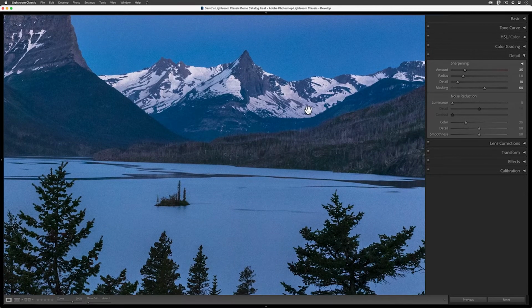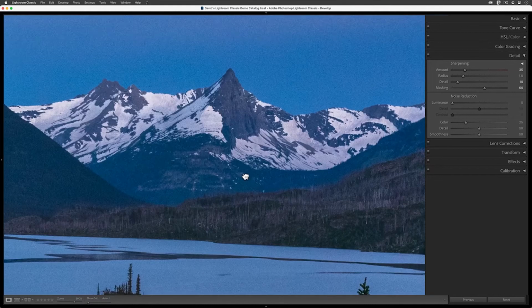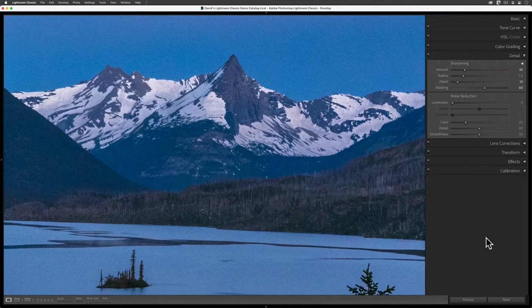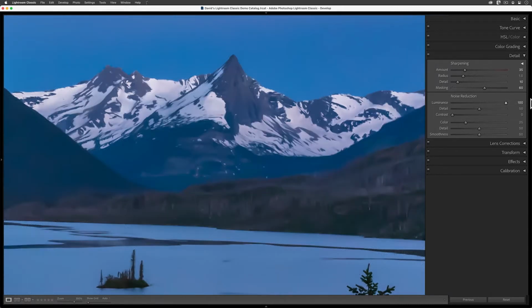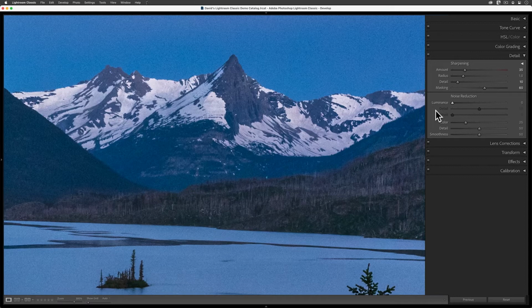Now, let's see what we can do about this photo's noticeable luminance noise problem. Remember on the last image how phony things looked when I dragged this slider all the way up to 100? The same problem here. Cranking this one all the way up obliterates the small details in this image, and it makes it look cartoonish. So now, let me teach you a little trick.